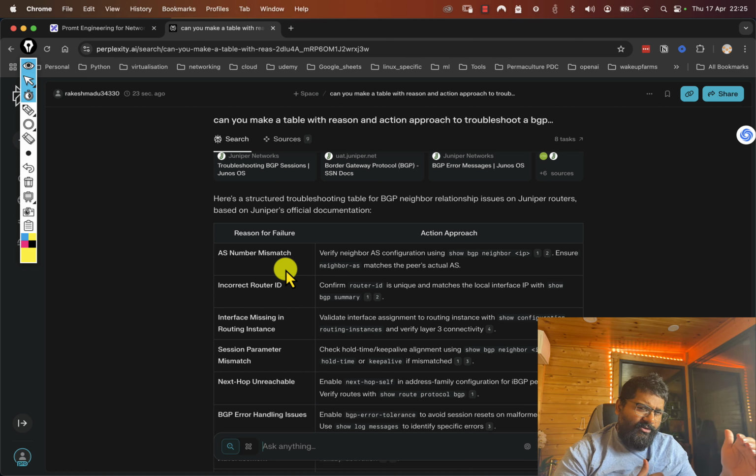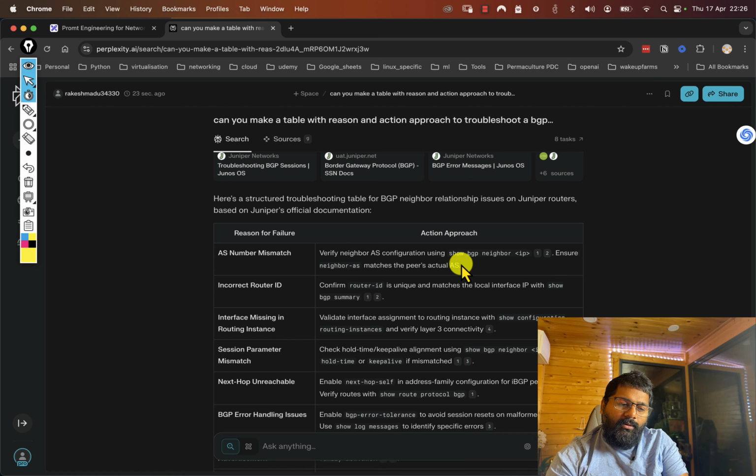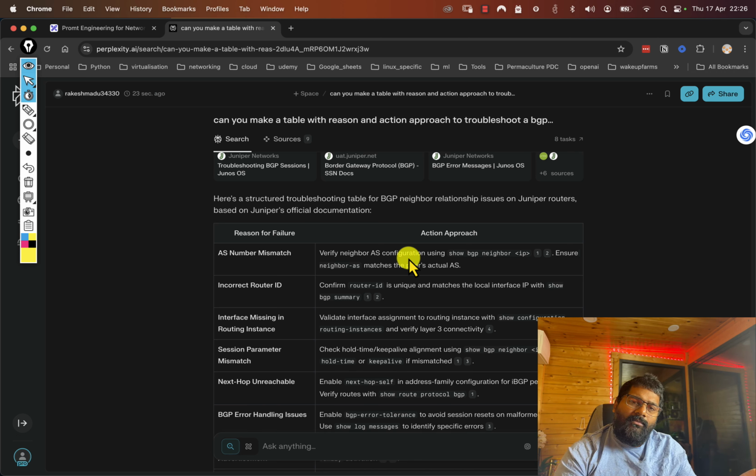Now, what's the difference between the normal search and this one? If you remember the traceroute approach that we did yesterday, and also adding a number that we took for making a Gemini function call, the prompt would be this, the action, right? Now, if you have a function, get configuration for example, and the get configuration function will accept a router IP, and that's about it. So if you say troubleshoot the BGP neighbor relationship problem on some x.y.z.x, or the domain or the host name of the router,